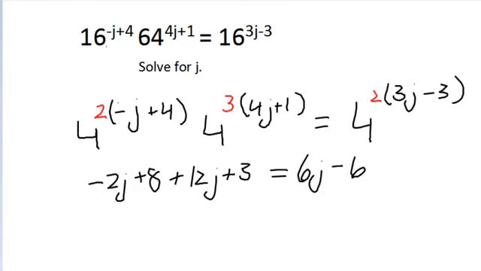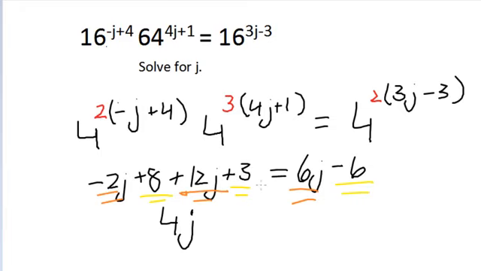Now I'll simplify the common bases. So 16, 6, 8, 3, and negative 6. We get that negative 2j plus 12j is 10j, minus 6j is 4j, and then we get 8 plus 3,